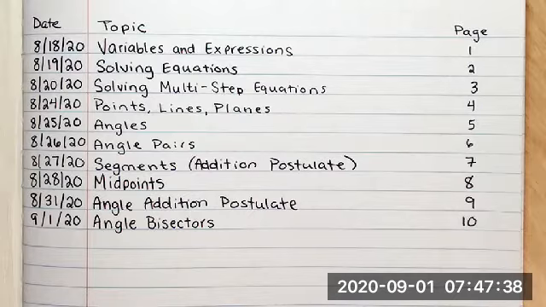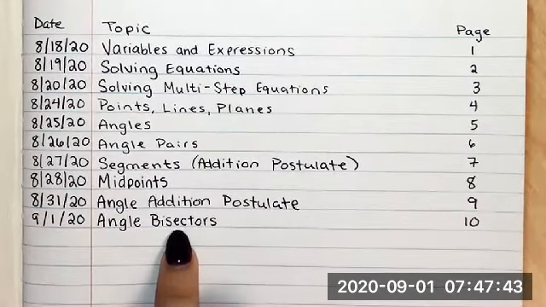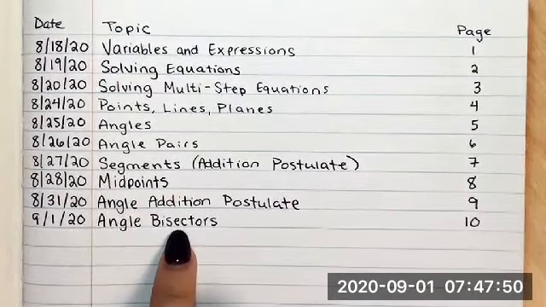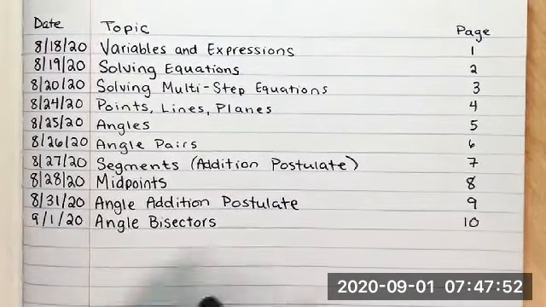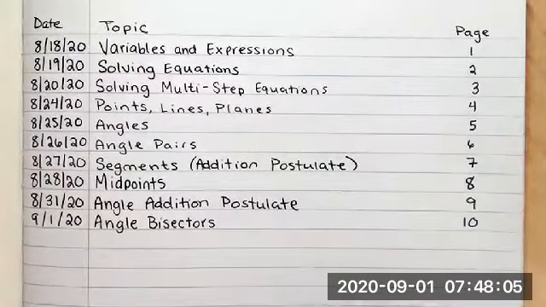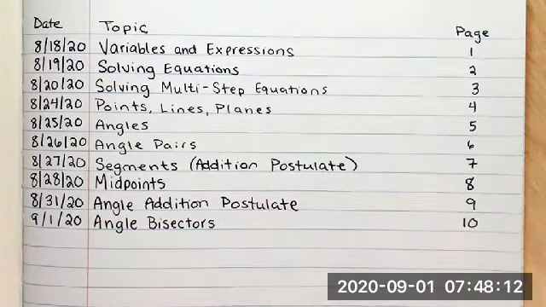Hello students, today we are going to be covering angle bisectors. So this relates pretty heavily to the angle addition postulate because yesterday we looked at how two smaller angles form together to make one larger angle. And today it's going to be pretty much the same idea of dealing with two smaller angles making a bigger angle with the added special property of a bisector, meaning that the two little angles formed are going to be perfectly equal in